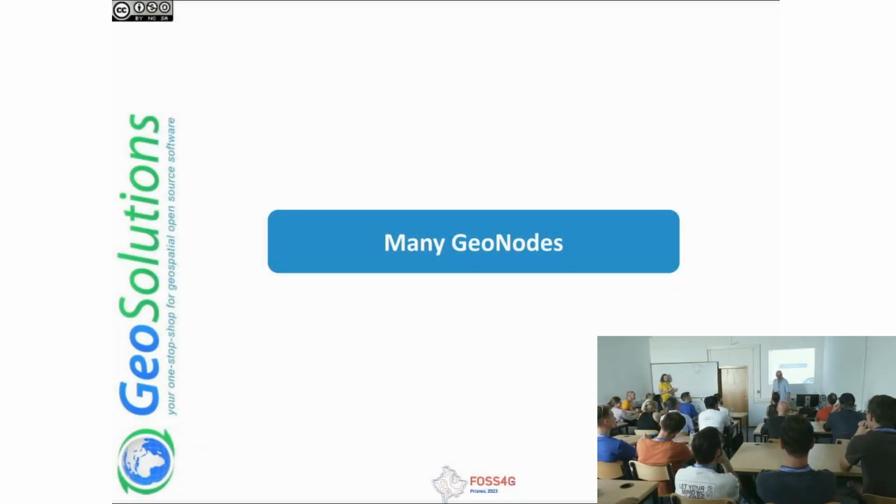Many GeoNodes, meaning that one of the core features of GeoNode is, by design, that it's a platform that can be used for publishing your data, your geospatial assets like raster files, geospatial vector data, DBs and so on, imageries, and also build visualizations on top of that. It's easy with the user interface. You can make thematic mapping, styling, build maps, build dashboards, build geostories, and serve all these resources through standard OGC